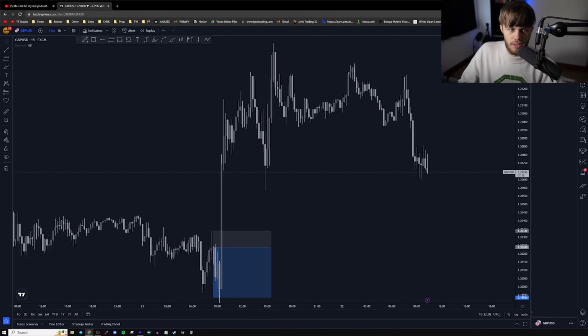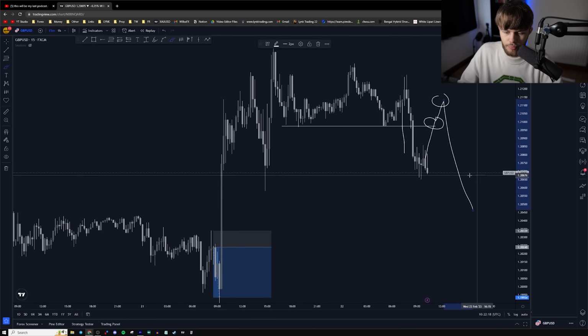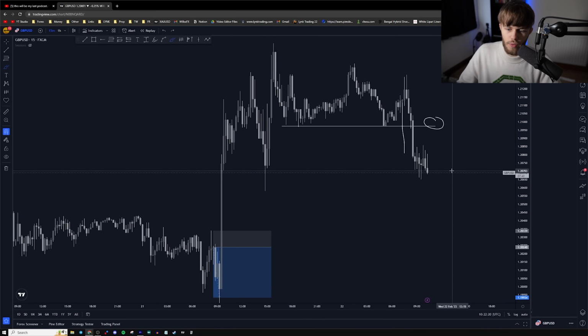You see this setup here. We had this structure point. You can just call it support and resistance as well. It's exactly the same. And then we've actually broken out now. So what I'd be looking for a trade is simply retests into the area, like this or this, and then look for a drop down. Simple as that. Obviously there's a bit more behind the entries, the stop loss placements, the take profits and everything,